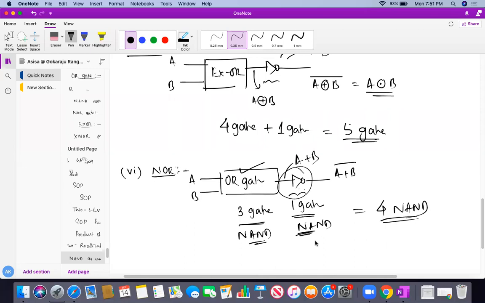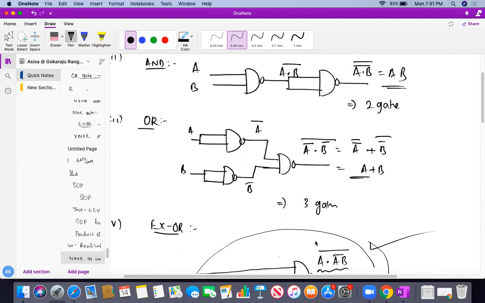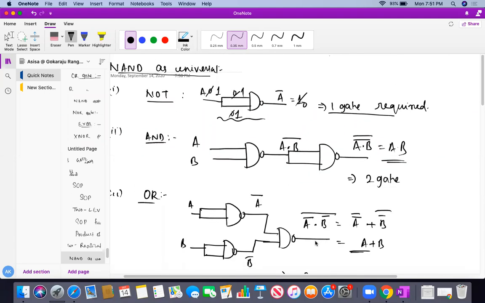These are all things you have not studied during the digital electronics course. These are a little bit important, and they will come directly in your GATE exams. How many minimum gates are required to design an XOR gate and an XNOR gate? Mostly these two questions are a little important. So this is actually NAND gate universality. You can see here, any type of gate I can design with the help of NAND gates.